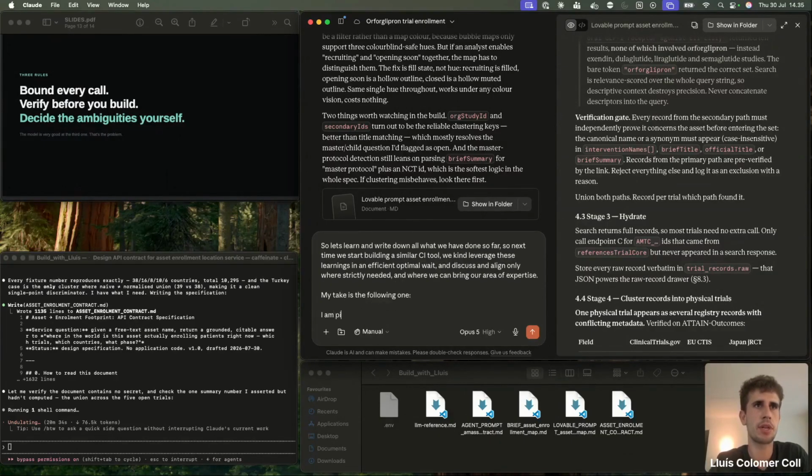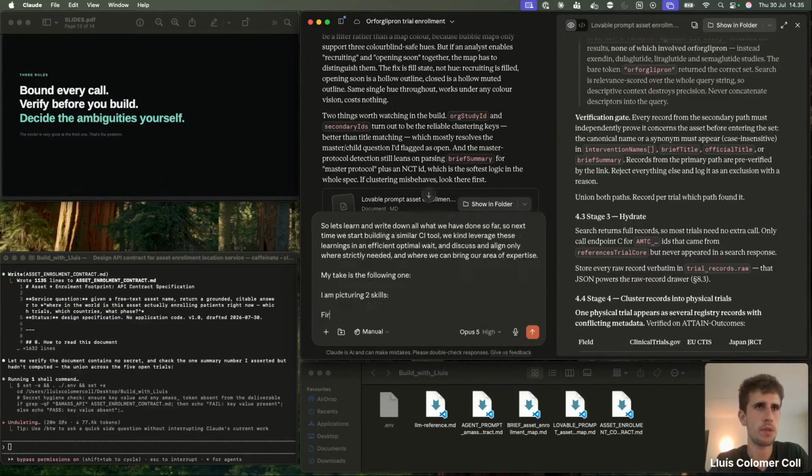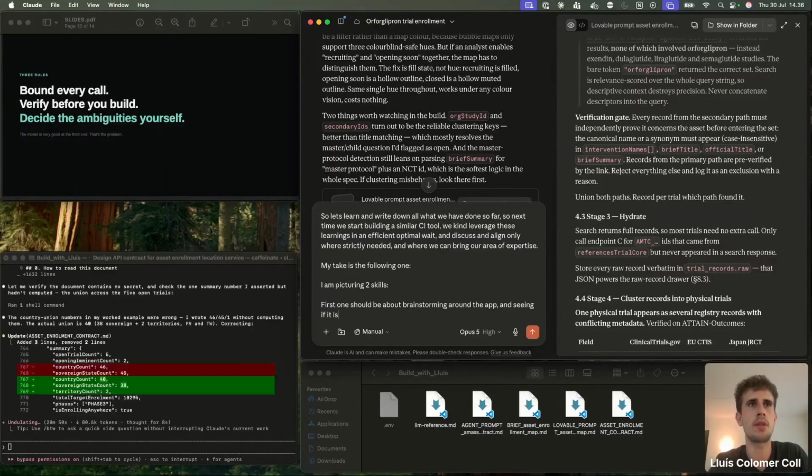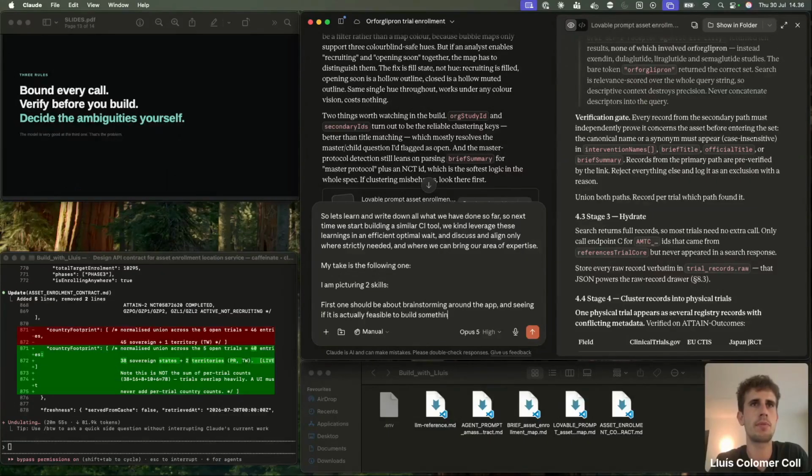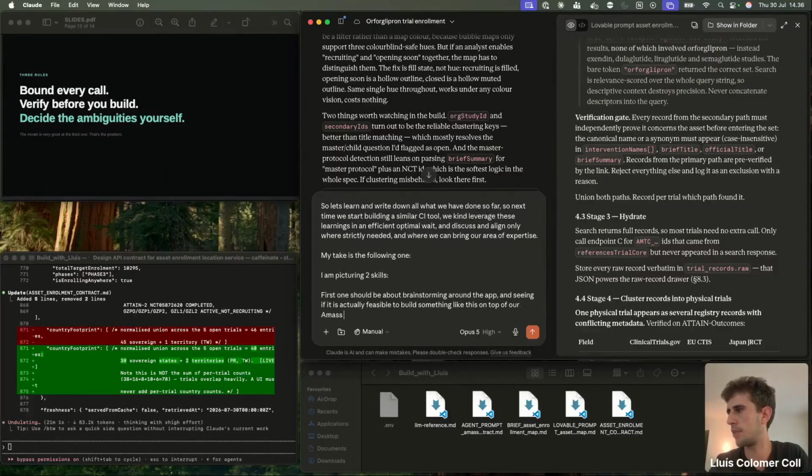I am picturing two skills. The first one should be about brainstorming around the app and seeing if it is actually feasible to build something like this on top of our Amass API.